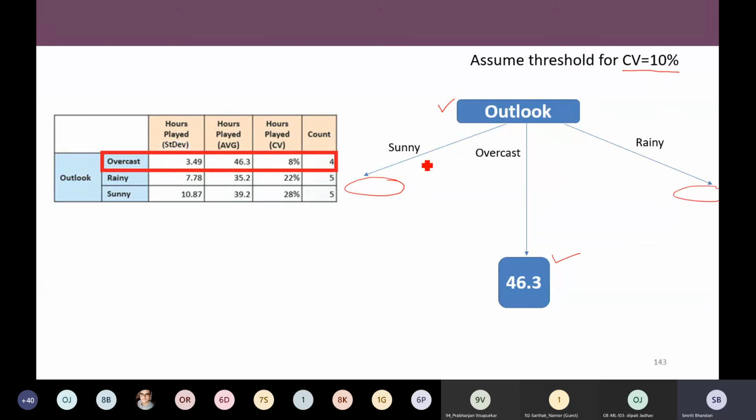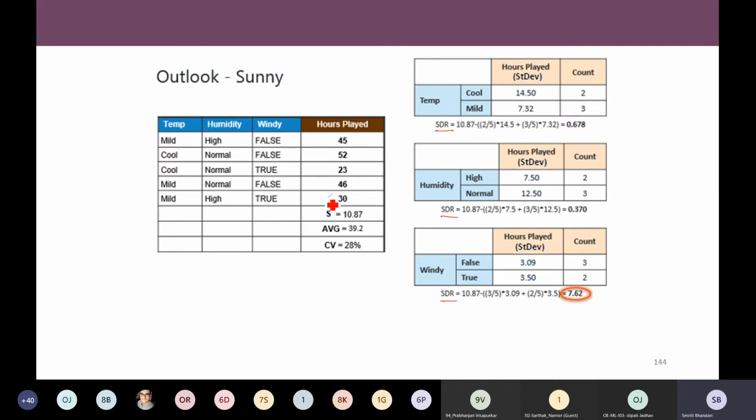So to find out the decision nodes, once again we need to apply the same algorithm with respect to the subset of the data set that we have here. After computation, we have 3 remaining attributes other than outlook: temperature, humidity and windy. So for this subset, outlook equal to sunny, which is the subset of our original data set, we are going to compute these values.